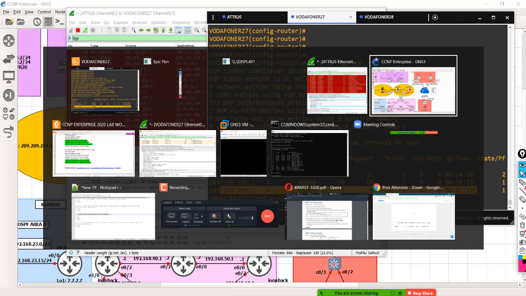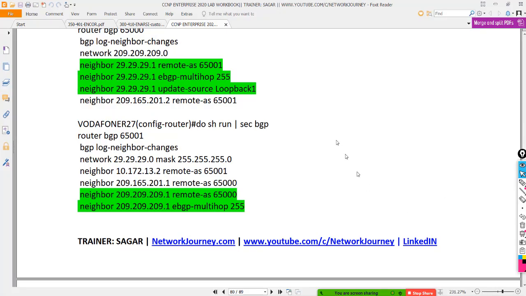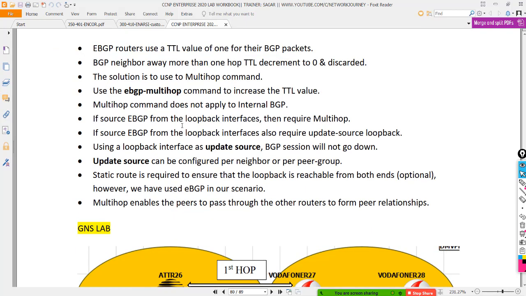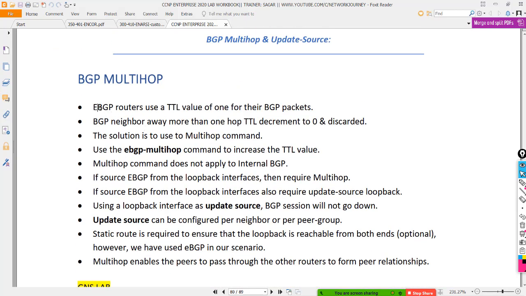Okay, so let's come back to this PDF. What are multi-hop and update source? Basically in case of eBGP, the TTL is 1. To avoid any issues concerning a loopback eBGP relation, we make use of eBGP multi-hop and we send more TTLs.